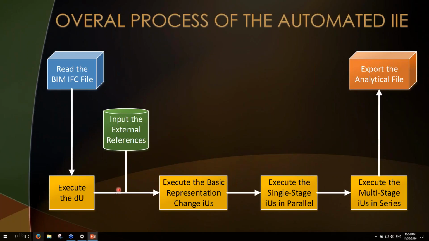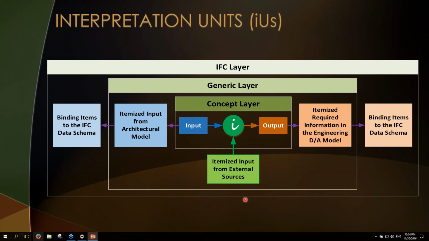For example, in the wall example, the overall strength and stiffness of the wall could be information that we need to import from somewhere else, from the manual of the manufacturer, from a table that the structural designer has created. So this is information that is not included in the BIM model, but we need to import it into this information exchange process. So to have a consistent way of defining these interpretation units, IU means interpretation unit,